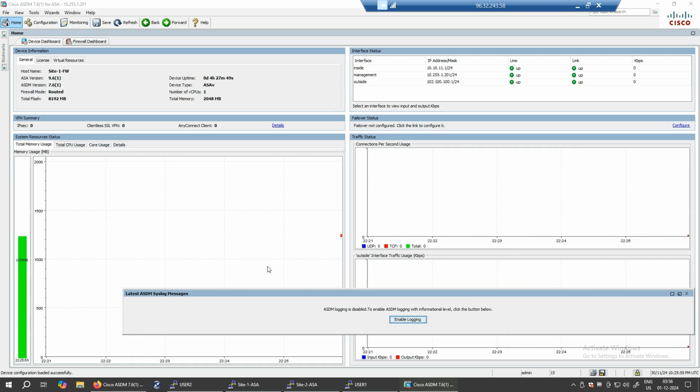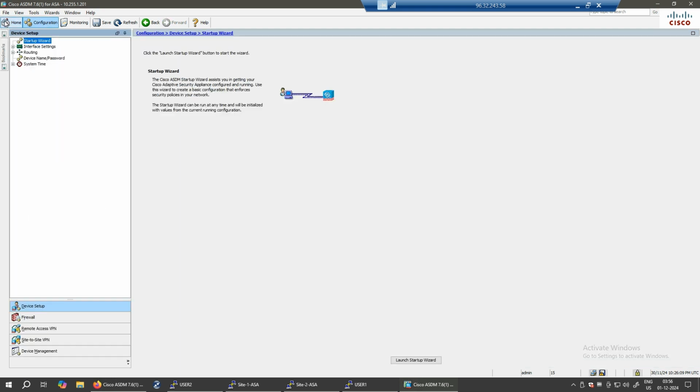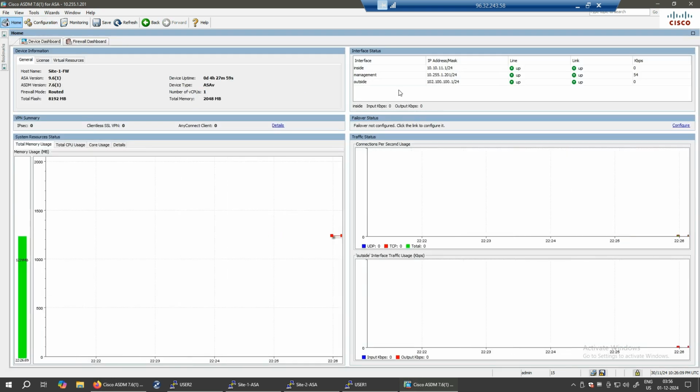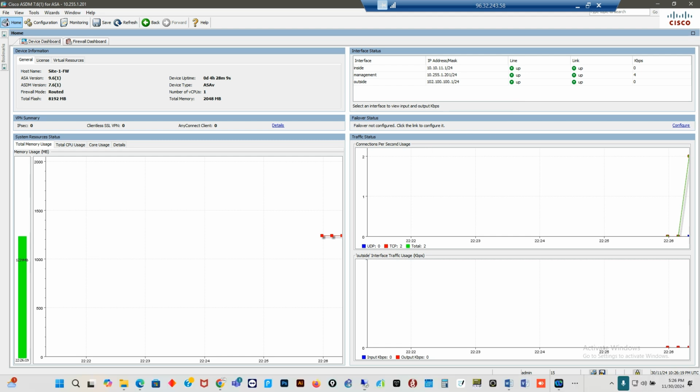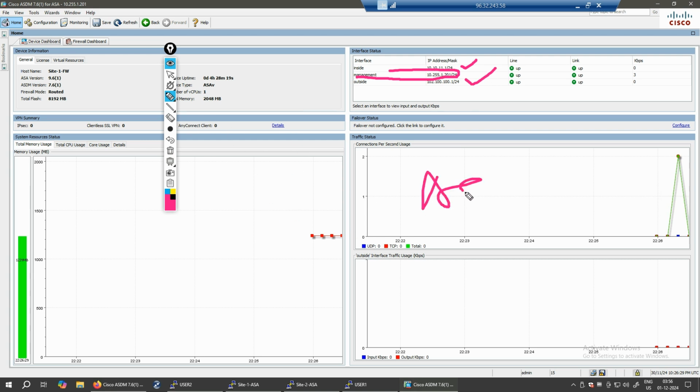Now we have our ASA GUI interface. This is how you are going to manage it. You can see everything I've configured from when you come to the home session. These are the interfaces that we've configured, and on the second one I'm going to show you how to configure this interface. So what I'm going to do on ASA 2 is just do the management so that we will get this software open. Then I'll show you how to add another interface using the GUI interface or ASDM